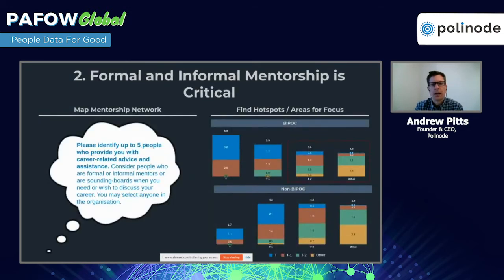Second example I want to look at is mentorship. So we'll often ask a question, please identify up to 5 people who provide you with career-related advice and assistance. And this diagram on the right-hand side, the T-1, T-2, and other show the levels. And we're breaking the number of mentors that people nominate through those different levels, and by BIPOC versus non-BIPOC, so Black, Indigenous, people of color versus the rest of the population, looking at the number of mentors that people have